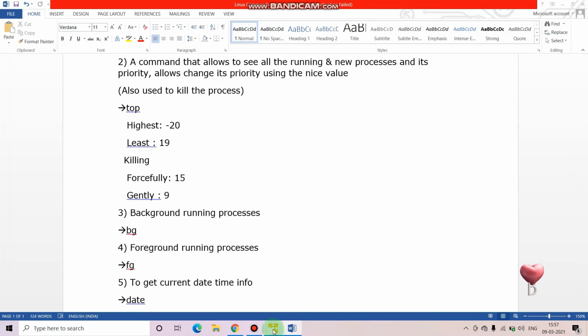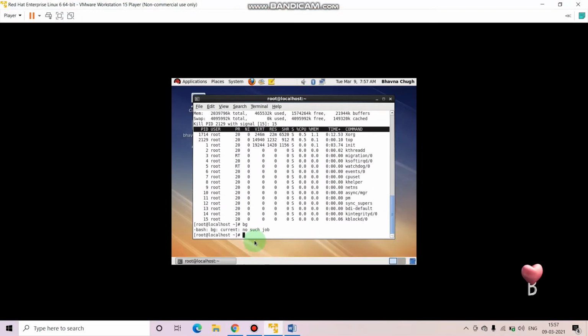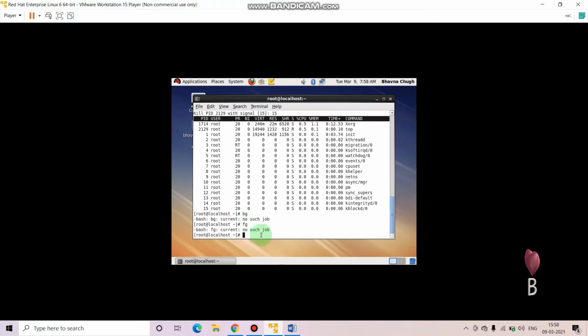Similarly fg for foreground running jobs. There are many things related to jobs. This is a separate topic, you will get to know in the further semesters.